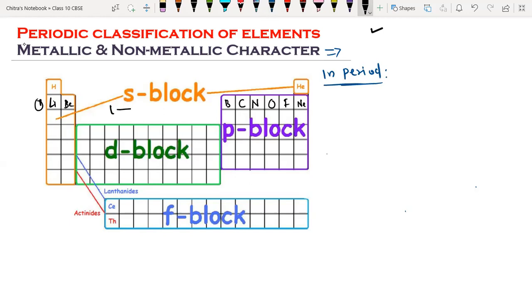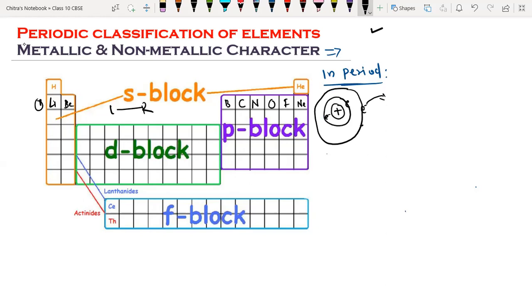When we are moving left to right, I'm just drawing one atom structure here. This is the first shell. Here two electrons will come all the time, and in the second shell electrons will increase one by one. I'm just discussing lithium. We know lithium has only one valence electron, so lithium will lose the electron easily. So we can say lithium is a more electropositive element, because it will lose electrons strongly, very fast.